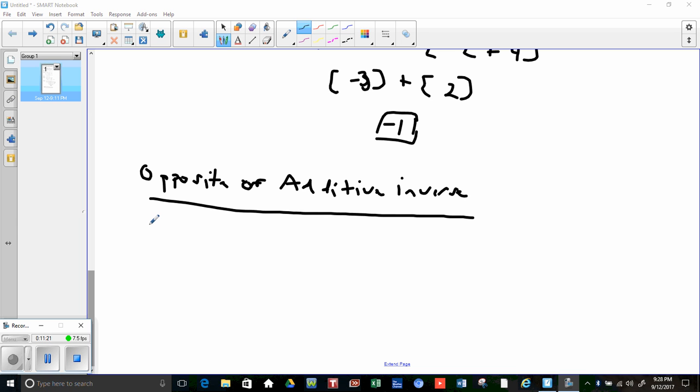Okay, so the opposite or additive inverse is simply something that you add to a number that brings it back to 0. Therefore, it is exactly the opposite. So the definition is, there we go, a number